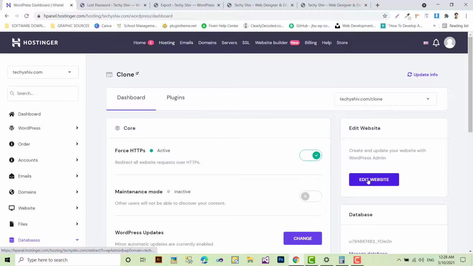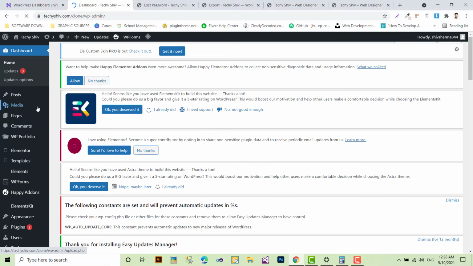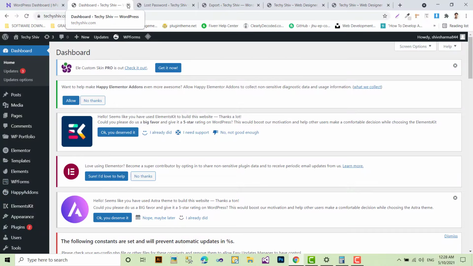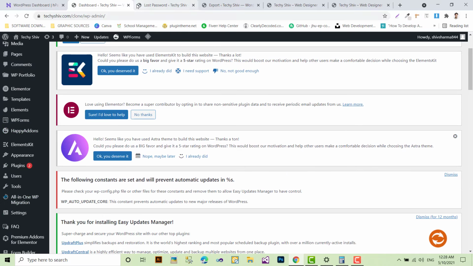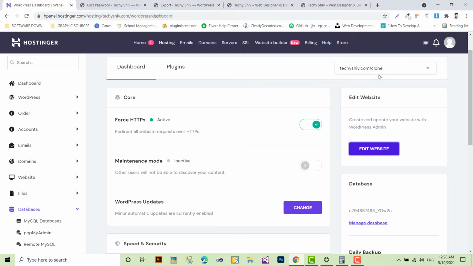If you click on edit website, Hostinger will easily redirect you to this site. Okay, so now I can log in here with the help of cPanel, but in other cases your client will need the new username or password. Here the username and password is already changed. What I am doing is using the cPanel, which is the default. It will take up the username and password whatever resides here and bring you to your dashboard.